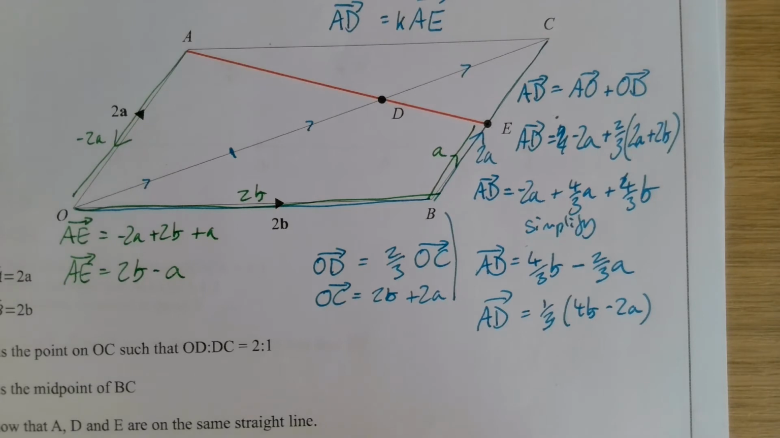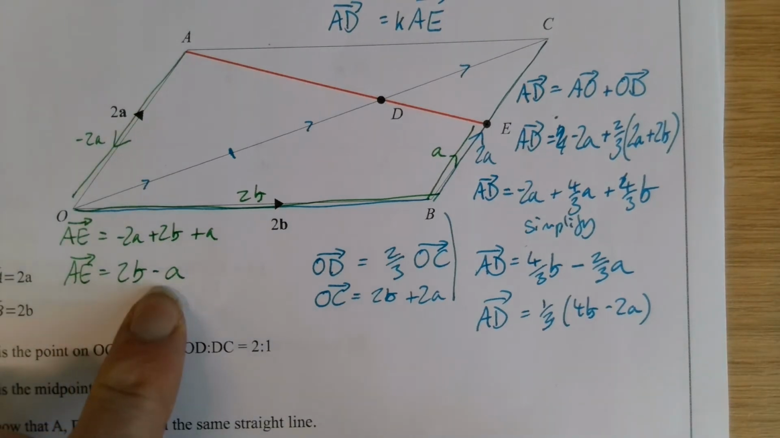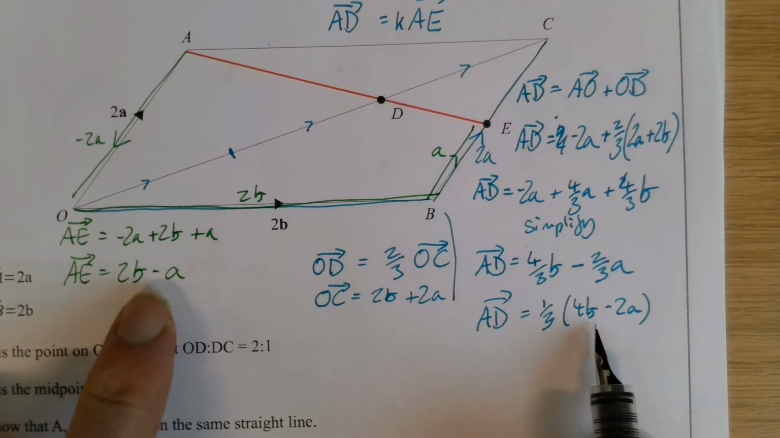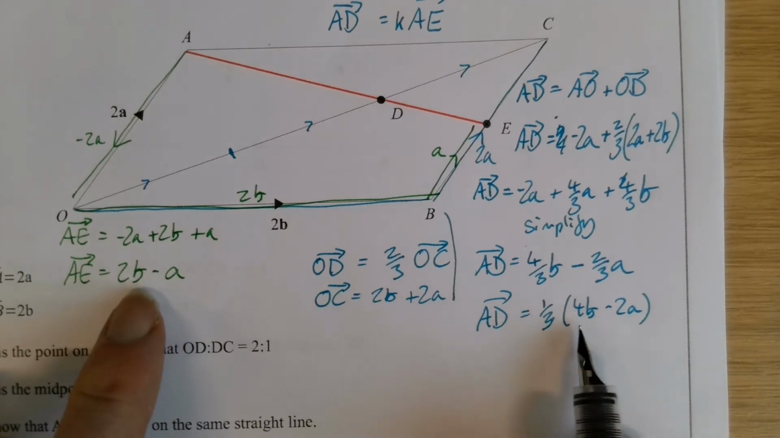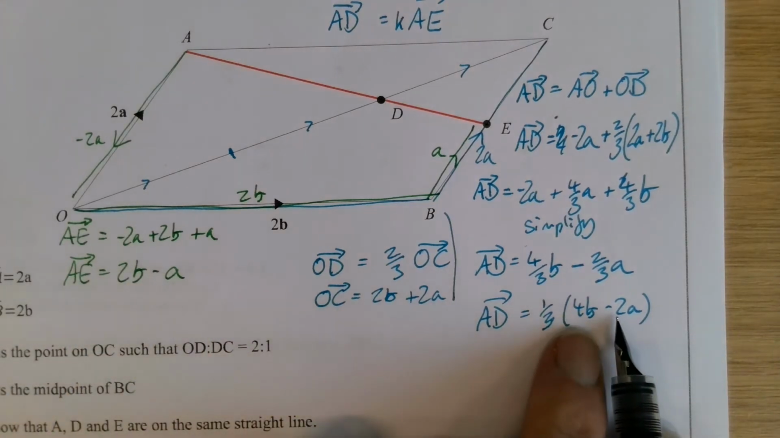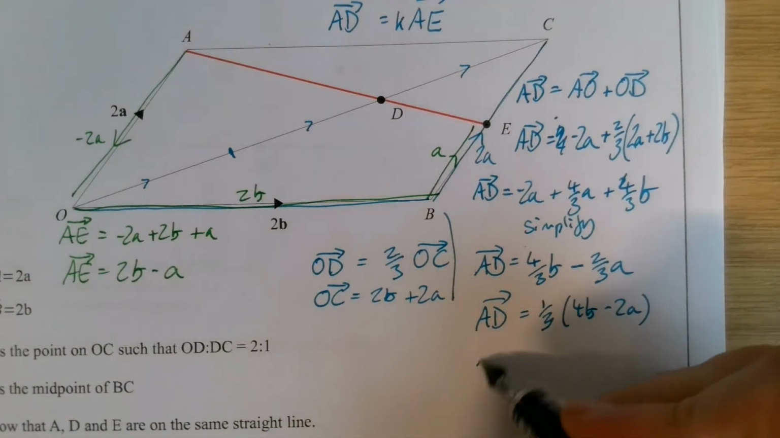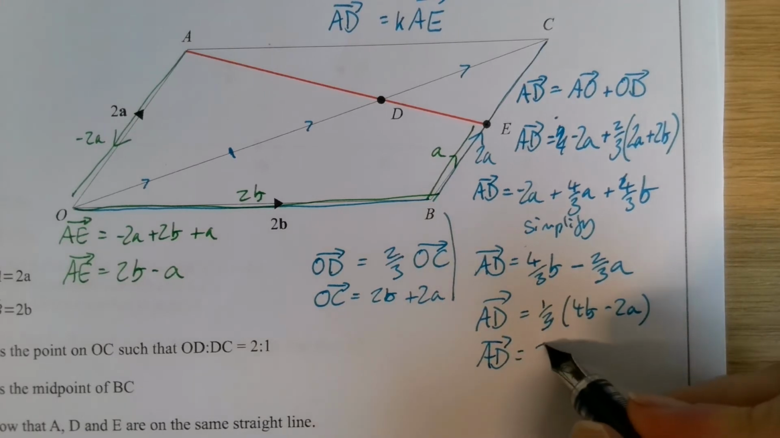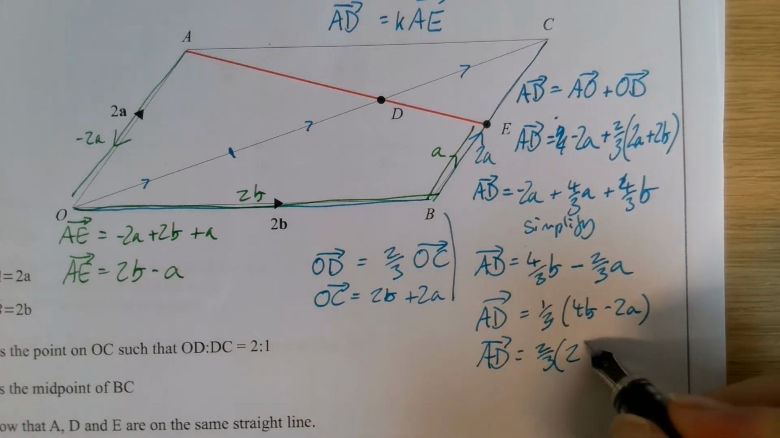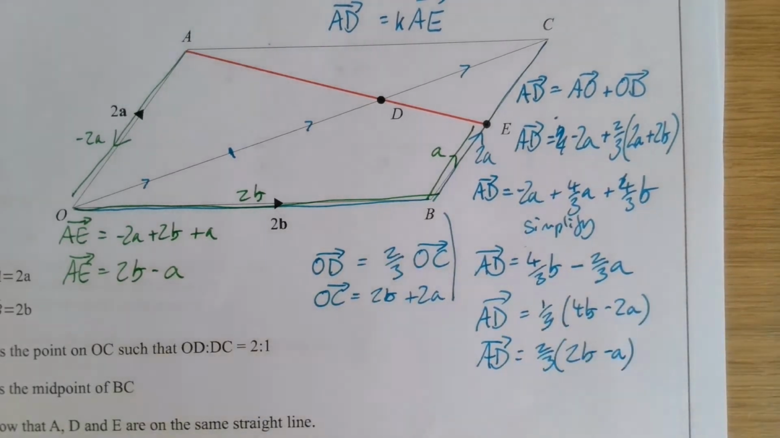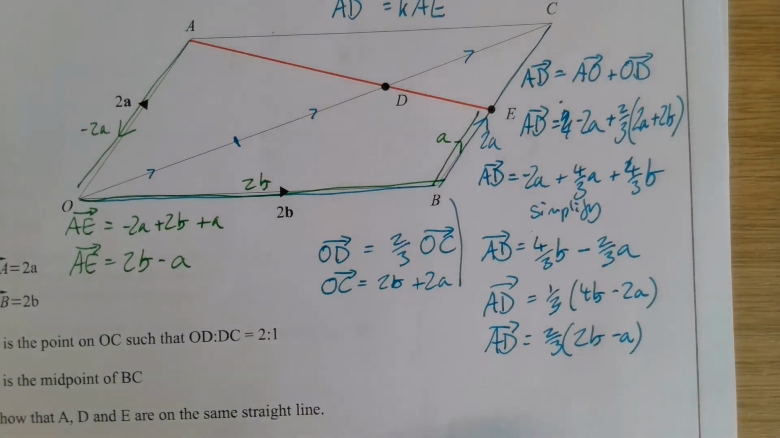So I've got 2B take A there, and what's the similarity here? I need 2B take A here. I could take a factor of 2 out of there, couldn't I? And that would give me AD is equal to 2/3 of 2B take A. And at that point, we've shown it because